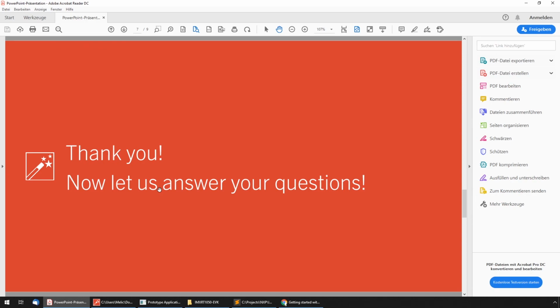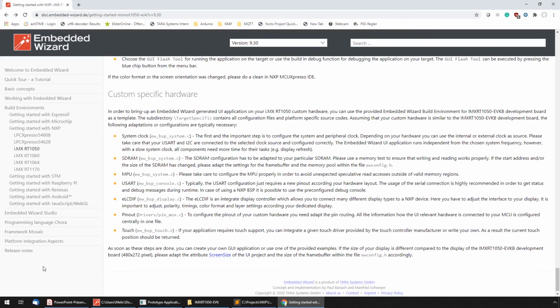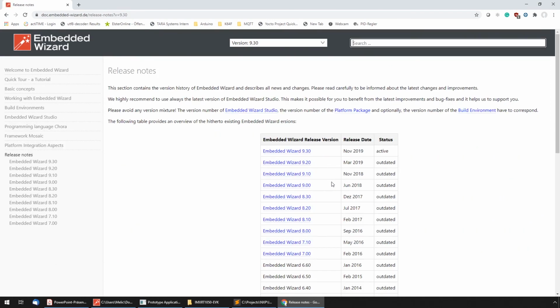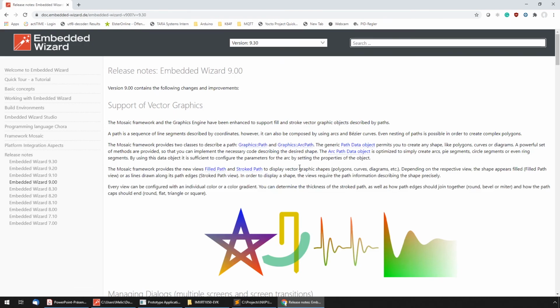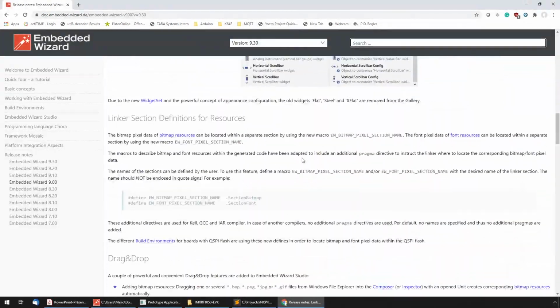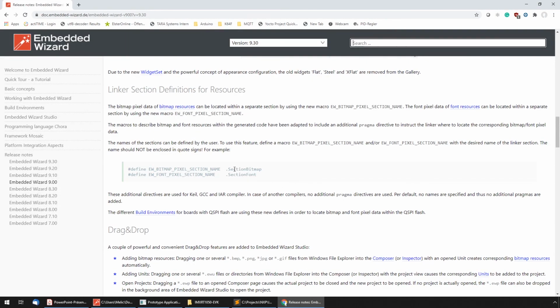If you have your custom layout for your Flash, honestly speaking, I need now to have a look at it. And as far as I remember, we have added that functionality some time ago inside version 9.0, I could imagine. Just hold on. Yes, it is. So in fact, we define dedicated sections. Every bitmap resource and every font resource comes with a proper definition of which section to be used. And within Embedded Wizard, you can define with macros EW_FONT_PIXEL_SECTION_NAME, respectively EW_BITMAP_PIXEL_SECTION_NAME, where this dedicated